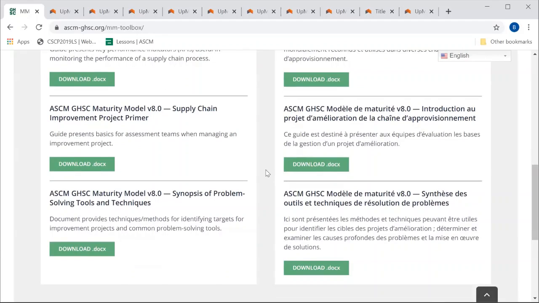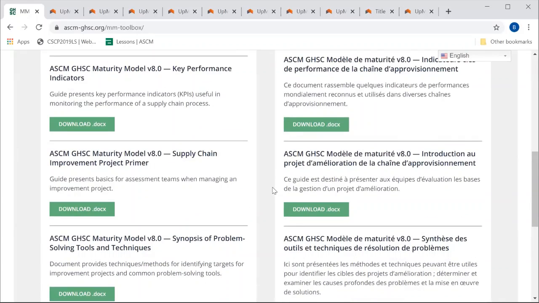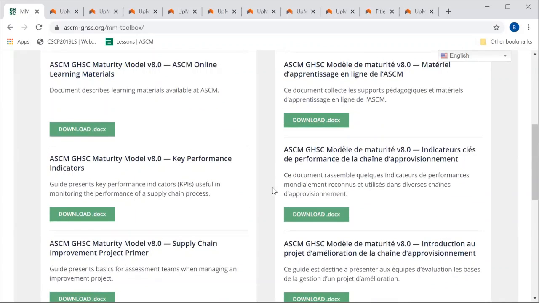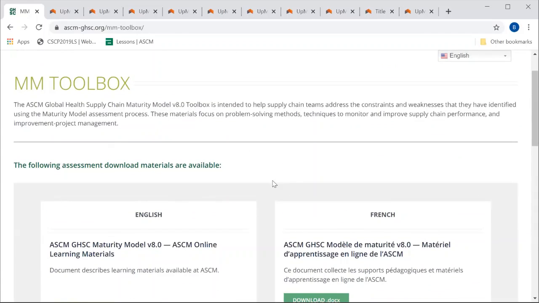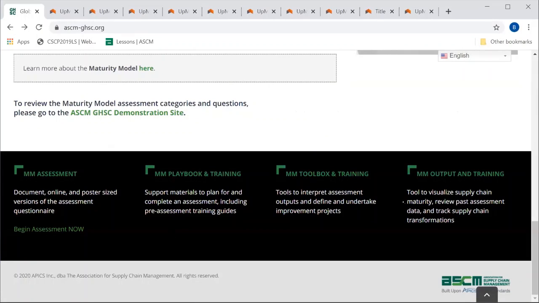These tools could be the 5 whys. It could be any of those problem-solving tools you want to use to find out why your supply chain is performing suboptimally and what else you can do. Like I said, we also have this in the English and the French version. So any of the versions that is available and that you can understand is what we can use.